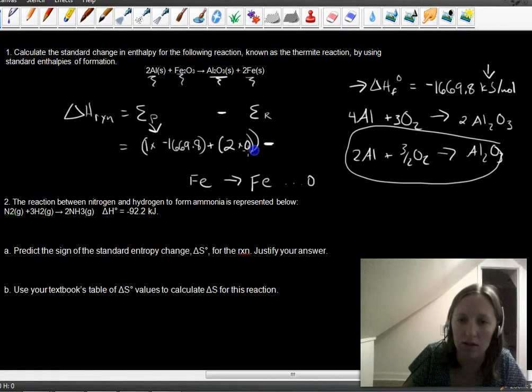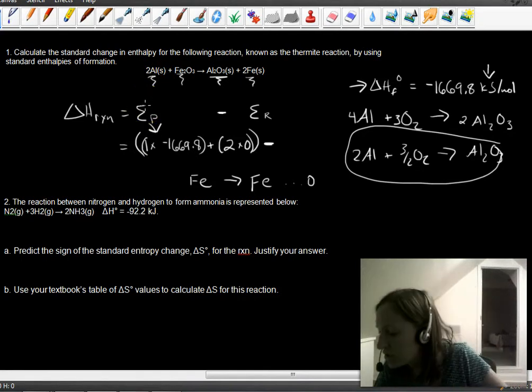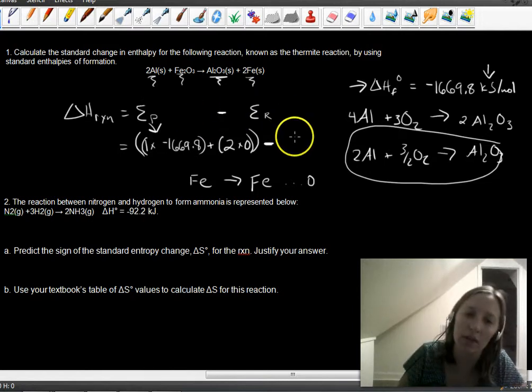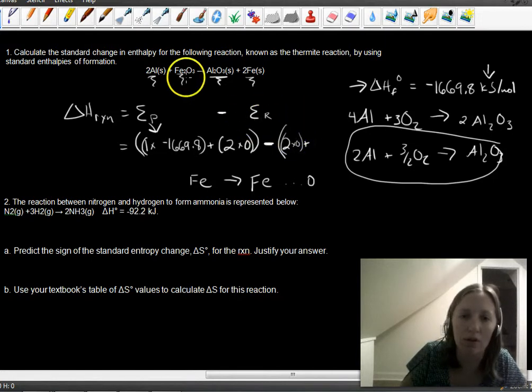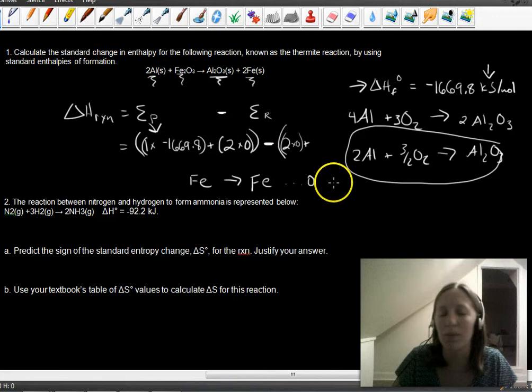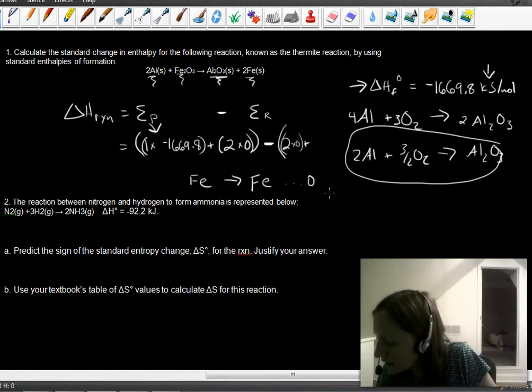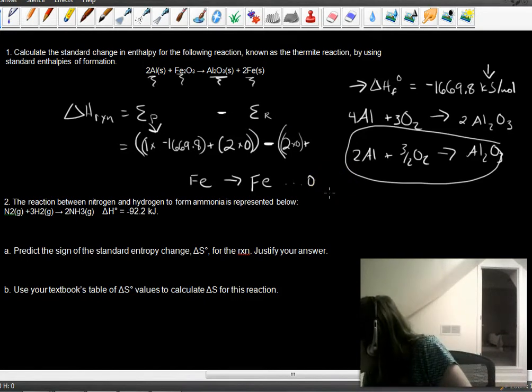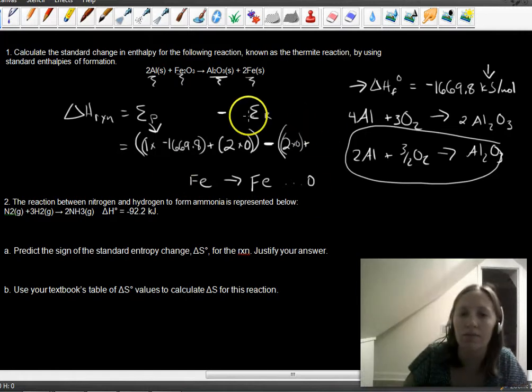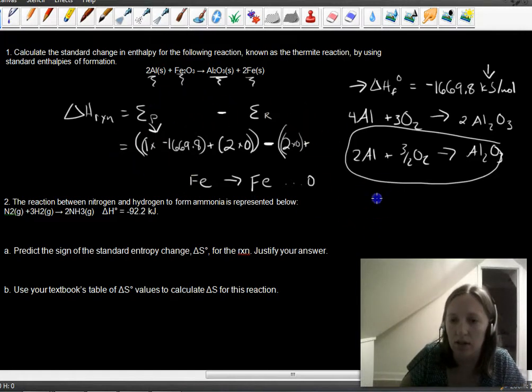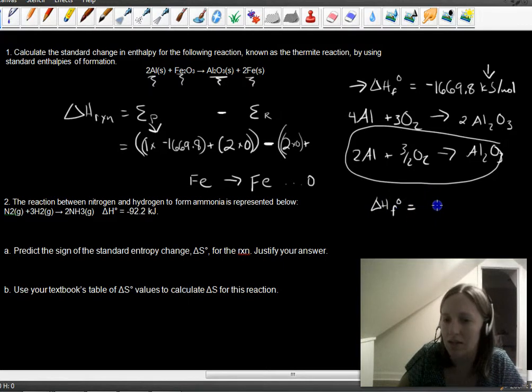So that's minus, all right, 2 aluminums, let's look for that one. How much energy do you get when you make aluminum out of aluminum? None. So 2 times 0, plus the sum of all of our reactants, iron oxide. So the question is, how much energy do you get when you make iron oxide? Fe2O3, negative 822.16. So the delta Hf, the standard enthalpy of formation for iron oxide, is negative 822.16,